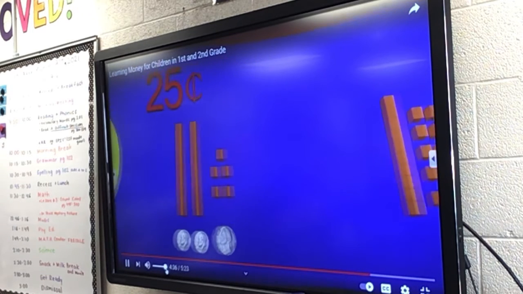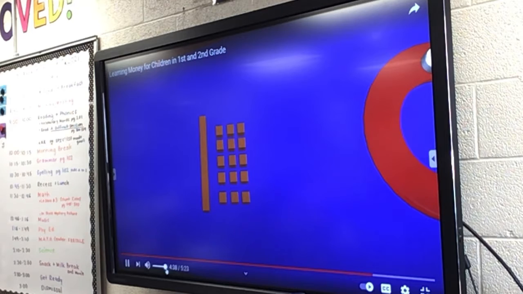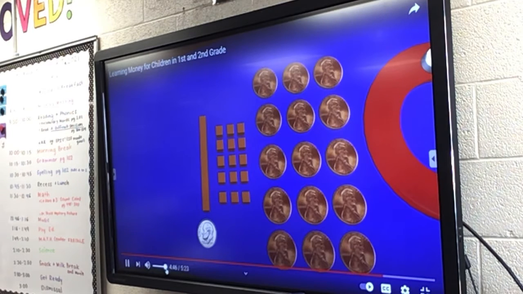Great job, guys. The next group we are looking at has 1 tens block and 15 ones. So we could represent the tens block with a dime, and the 15 ones could all be pennies. Adding the dime and 15 pennies gives us 25 cents. There are many ways to do this, and we just looked at 2, but you can do so many more